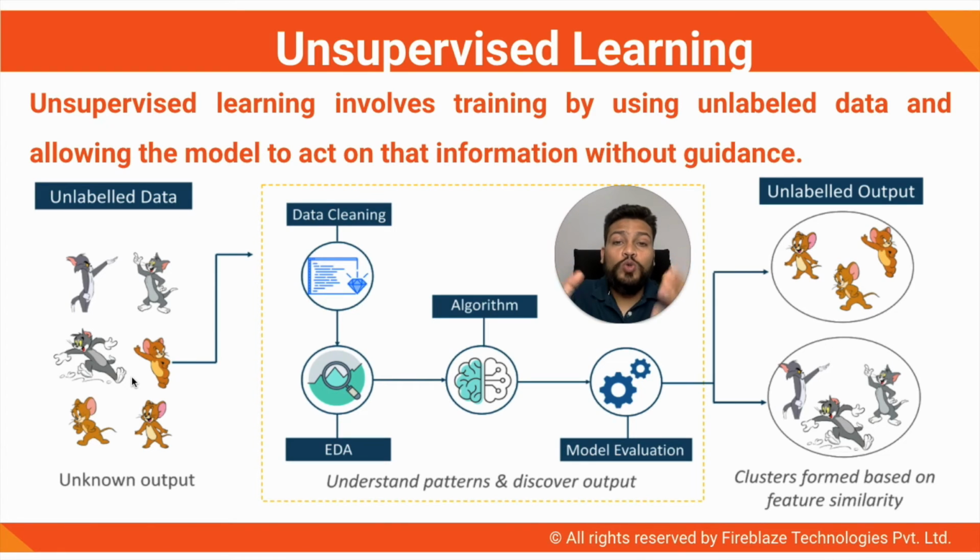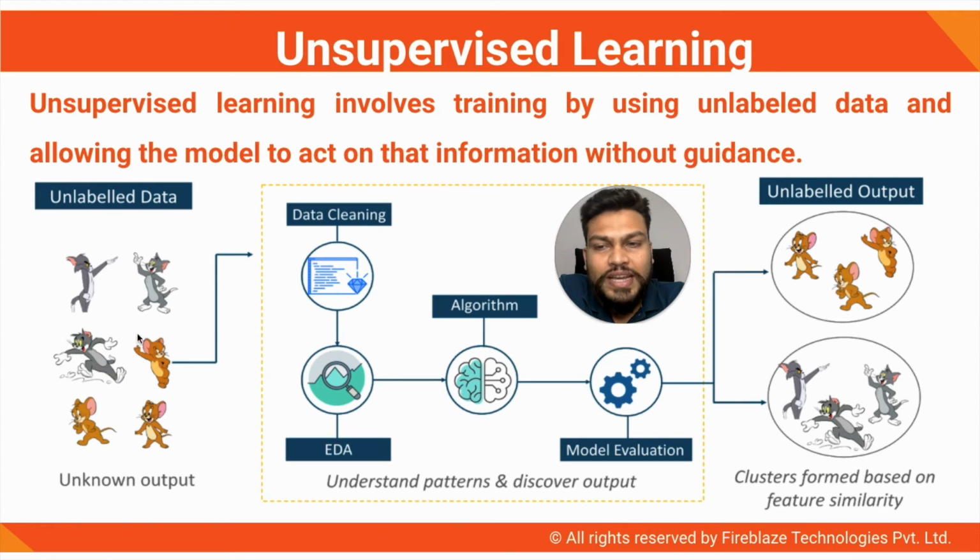Therefore, there is no one to guide you, right? You have to work around without guidance. You have to find out the similarities. You have to say that, okay, the one which looks gray in color, maybe it's Tom. The one which is brown and orange, with big ears and a thinner or thicker tail, it's Jerry. The different classifications are to be identified by the machine.